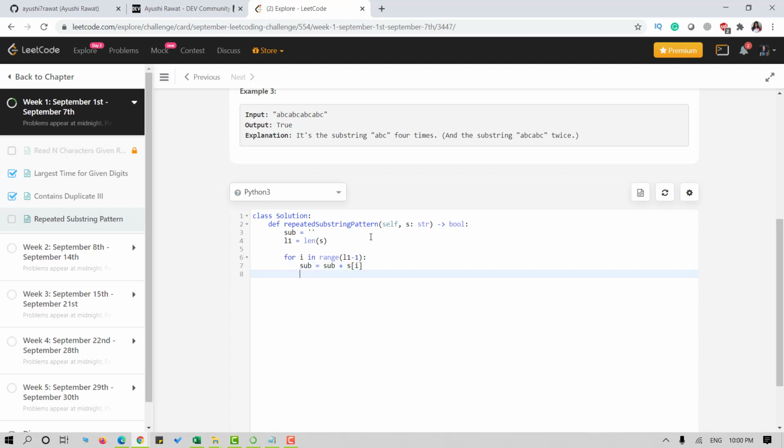I will calculate the length of this substring. Next we will calculate a resultant substring by making copies. We will check if the resultant substring and our input string are equal. If so, we will return true.